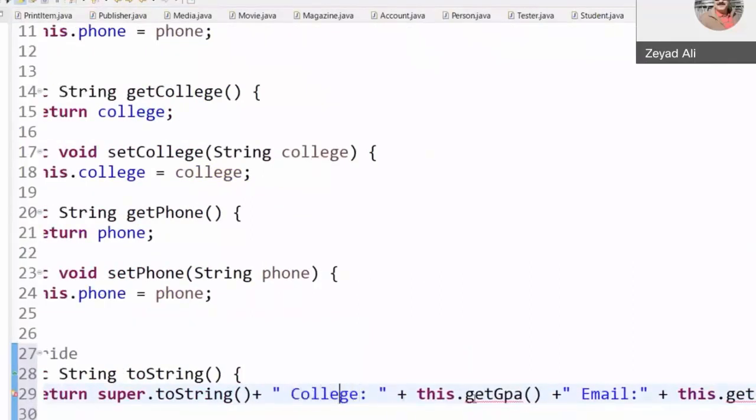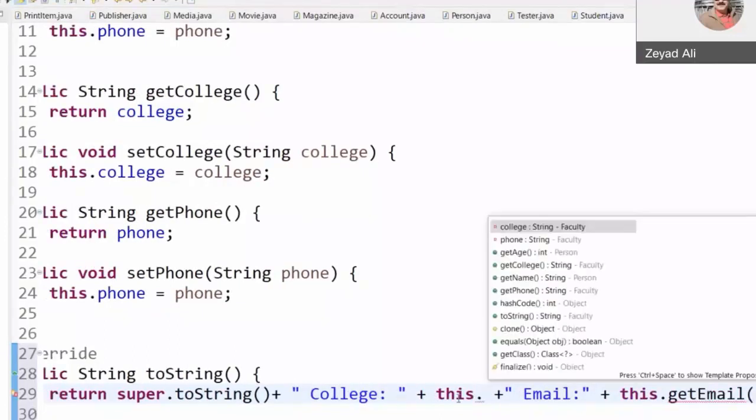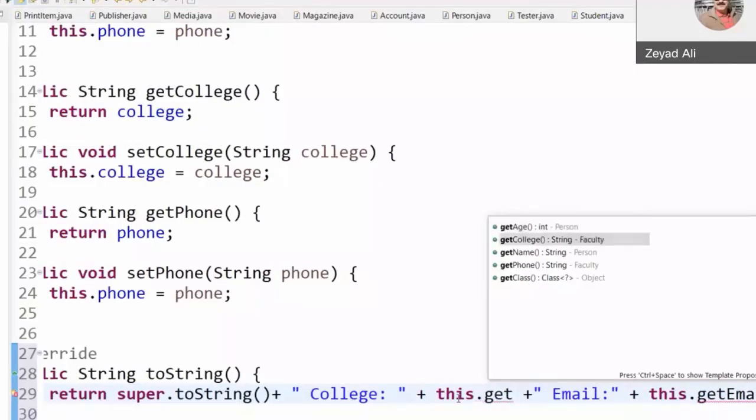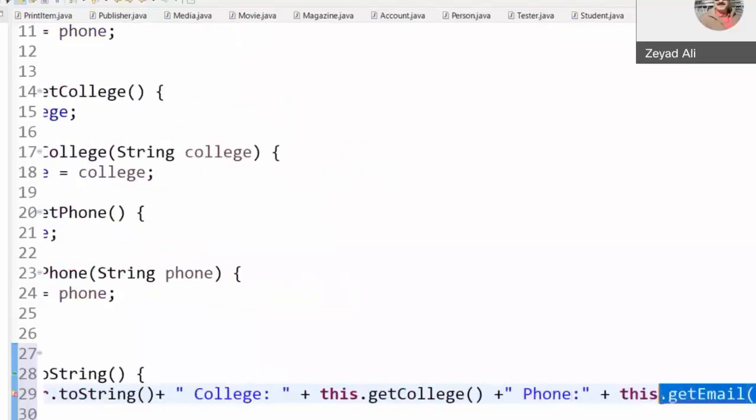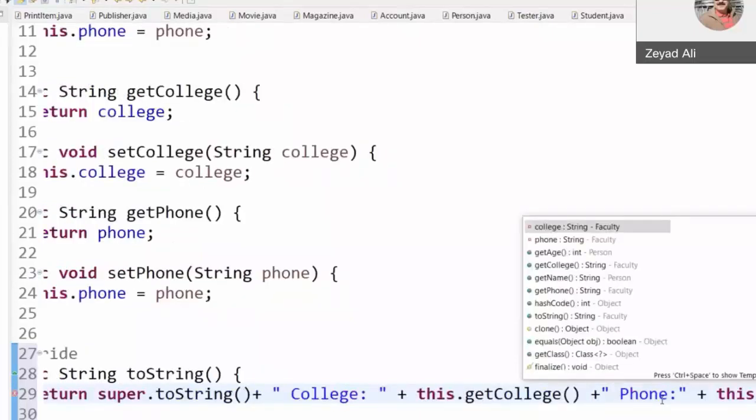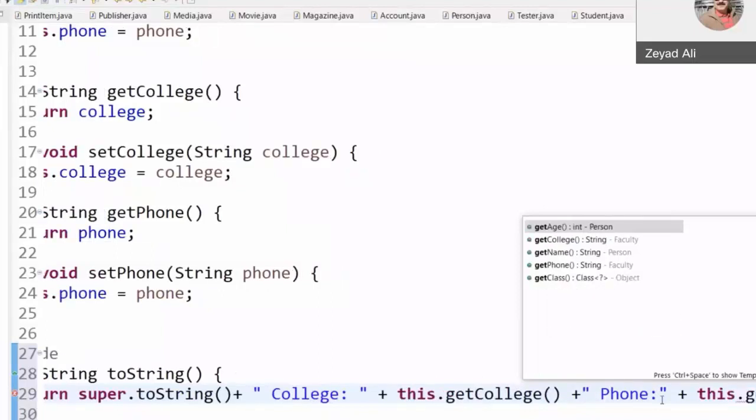Okay, college equals this dot get college, and phone number, this dot get phone. So now if you try to print a faculty, I want you to pay attention: get phone is available in the faculty class.